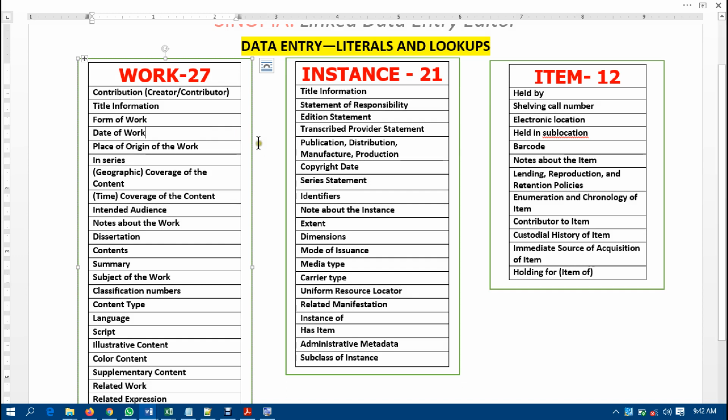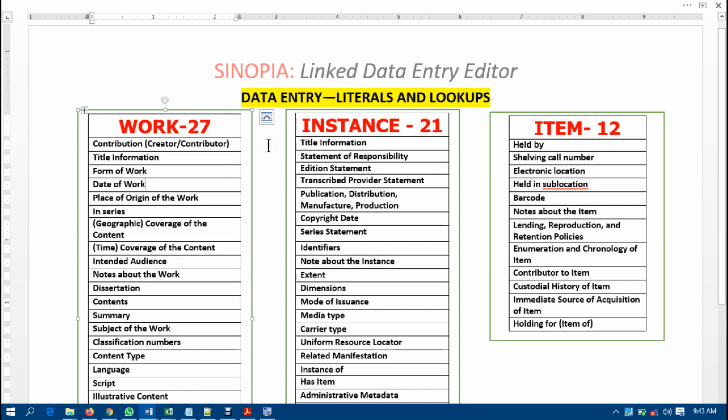Now, the difference between NewGenLib, Koha and Sinopia is that all of us that are using NewGenLib and Koha have our database installed in our libraries. You can do maybe network connection, maybe remote connection, that's a different thing. But Sinopia is web-based. It's hosted on the cloud.